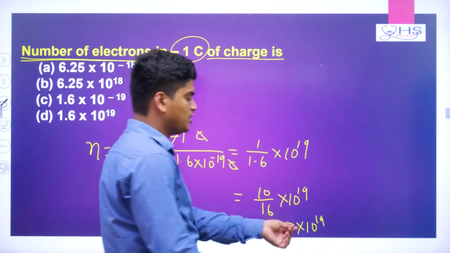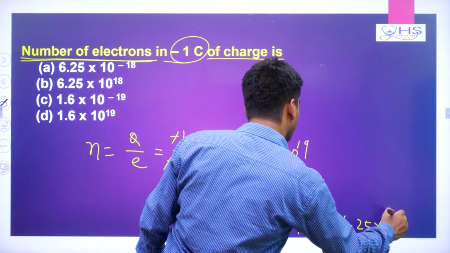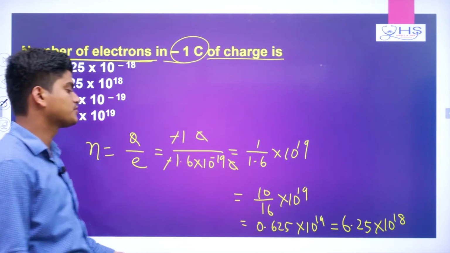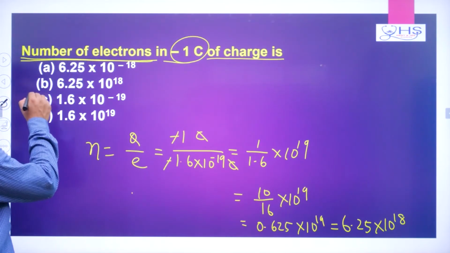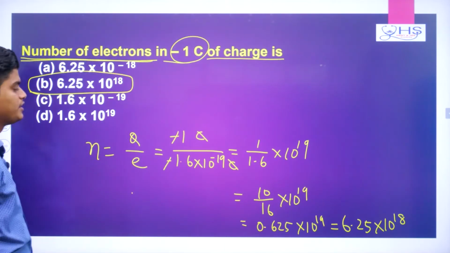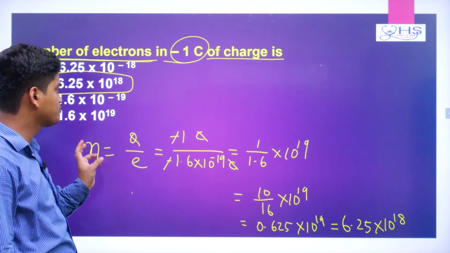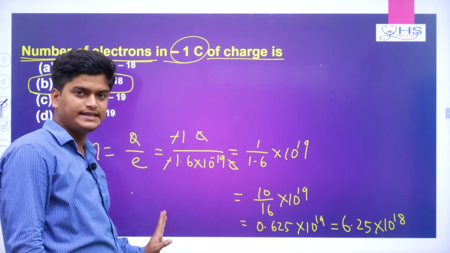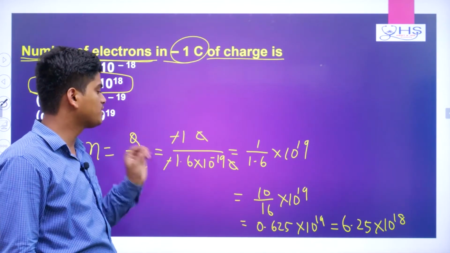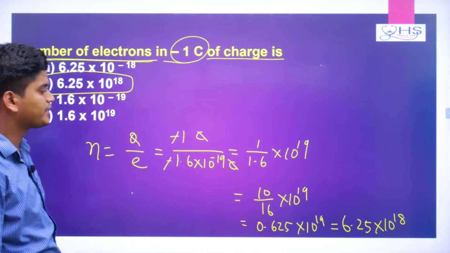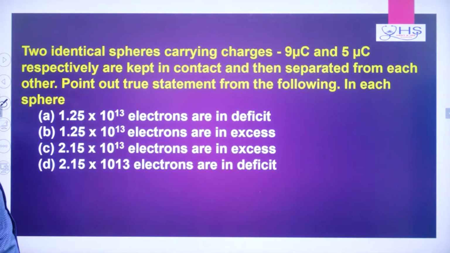And here if you write this, 6.25 into 10 to the power 18 number of electrons. Okay, so check here, 10 by 16 will come 0.625. So how much is coming? 6.25 into 10 to the power 18. So simple formula. According to the quantization of charge, the number of electrons you are finding is n equal to Q by E, charge by electronic charge. 1 coulomb by the charge, which is given already, 1.6 into 10 to the minus 19. Okay, and minus 19 will go off, it will become plus 19. Now come to the next question.